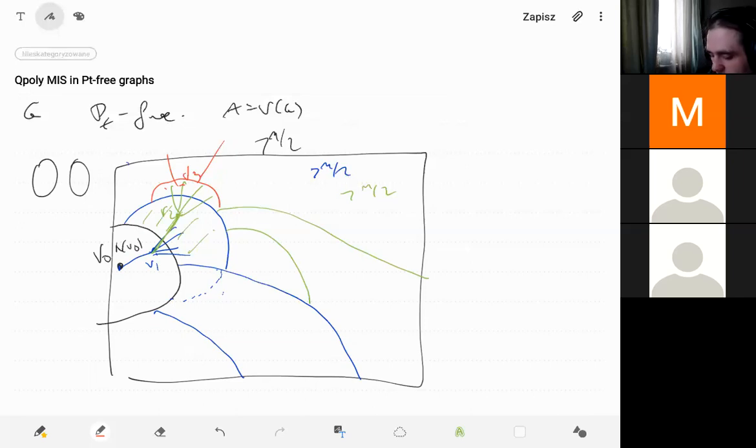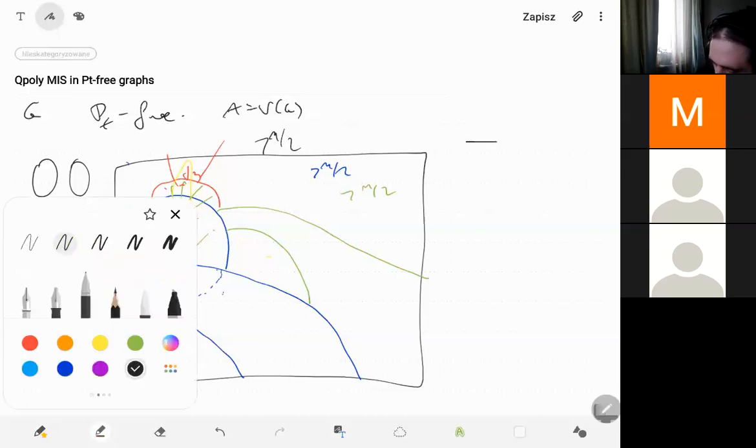All the time I take the component which is of size more than a half and take the next vertex in this direction. The main observation is that what I built here, if I take now yellow color, is an induced path. Because I deleted the neighborhood of V0, took V1, then deleted the neighborhood of V1, took V2 there, and the rest is in the next component. So this is really an induced path, which means that in PT3 graphs, if I go back now and take black color, in PT3 graphs,